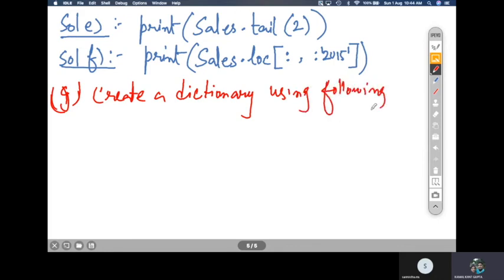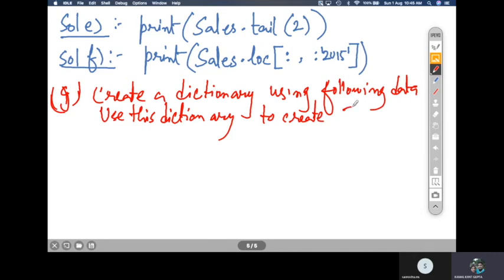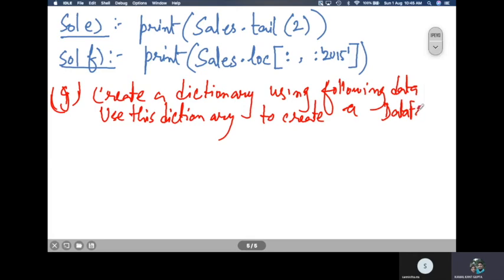Use this dictionary to create a data frame, sales 2. So this is what we have been given.